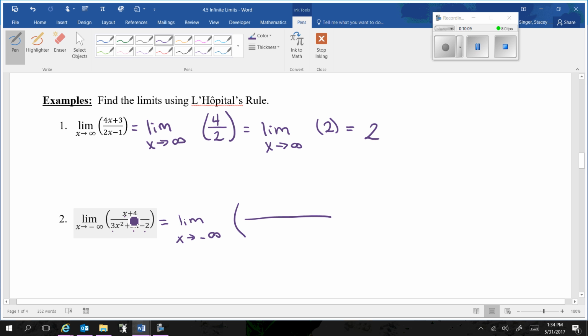So if I take the derivative of my numerator, I end up with 1. Derivative of my denominator, well, I'm going to end up with 6x plus 5. That's simple enough where if I plug in infinity, I can figure out what it is. So I get the limit